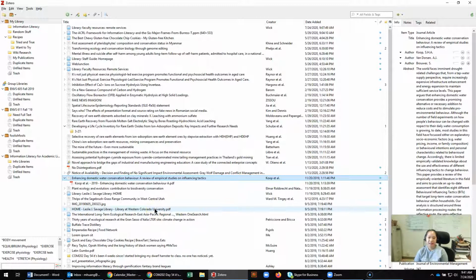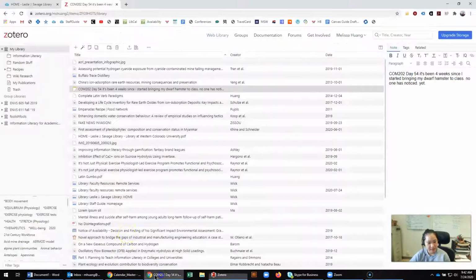It'll try and read everything that it can from a PDF, but obviously if you have something older that wasn't born digital, as they say, it may not have as comprehensive of information on there as some of the newer ones do, right? The other thing you can do is